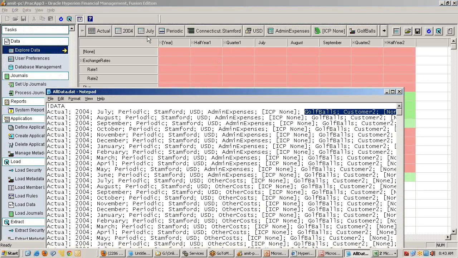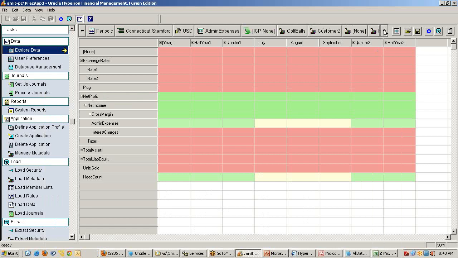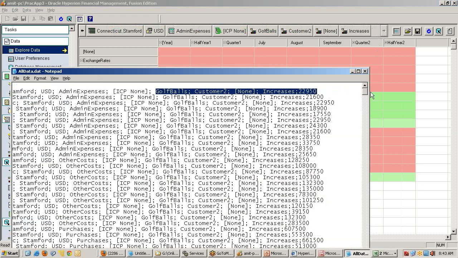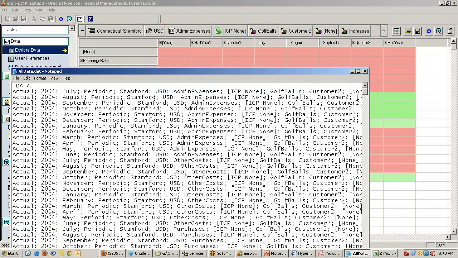Actual 2004 July periodic, Stanford USD, administration expenses, ICP none. Golf ball, custom 2, none, and increase. Right. So data should be visible over here.